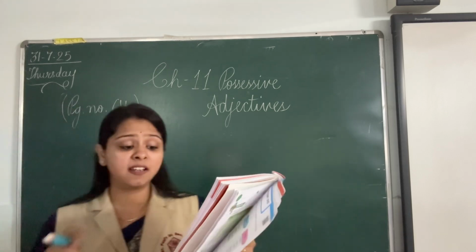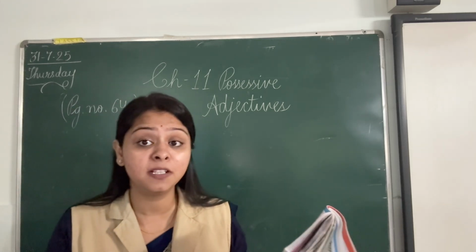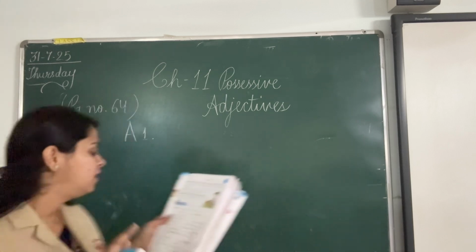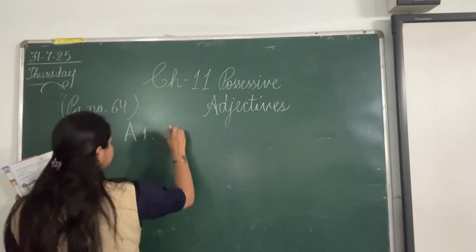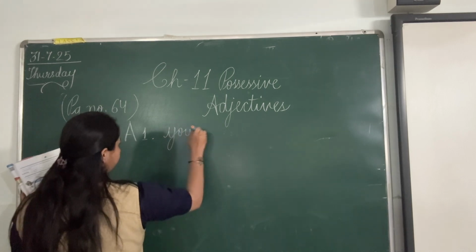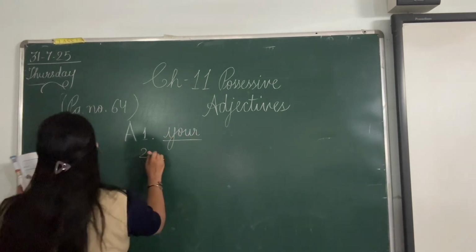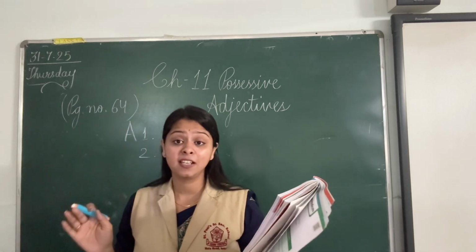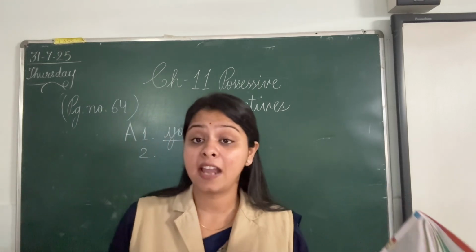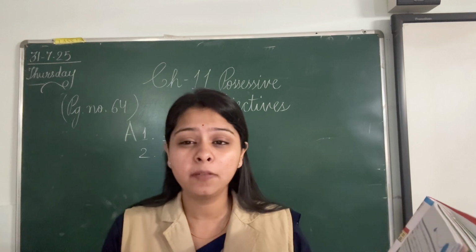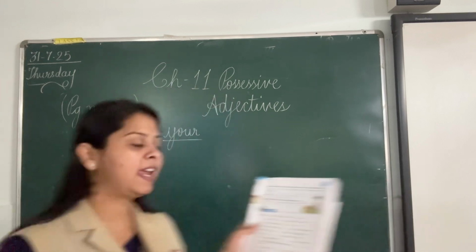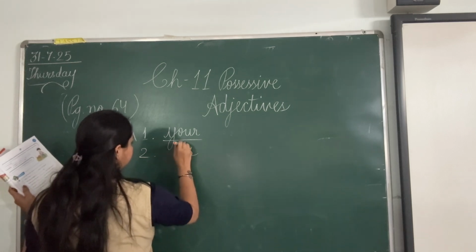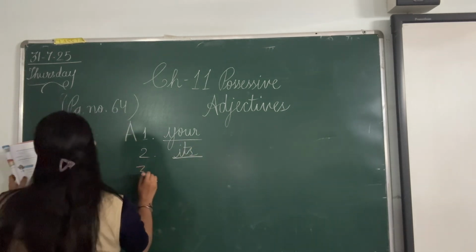Nidhi, is that dash book on the table? What will come? Yes, you're right. Your. Nidhi, is that your book on the table? The dog is wagging dash tail. Now for animals and non-living things, what will be used? Its. So write its. The dog is wagging its tail.